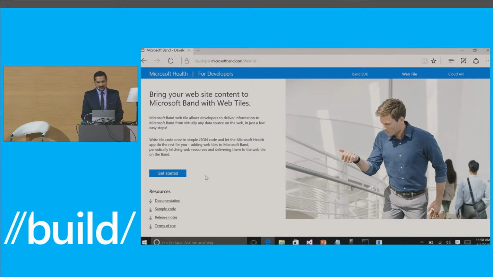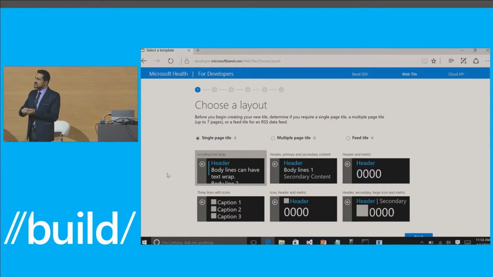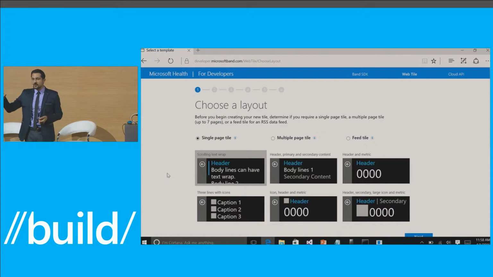So here you can have documentation, you have sample codes, you can see how the manifest looks, what all it does, but you don't even need to do that. You can just come in here and say, I want to get started. So it's basically a five-step process. The first step is you have to choose how you want your data to show up on